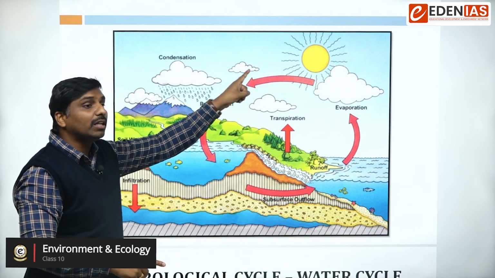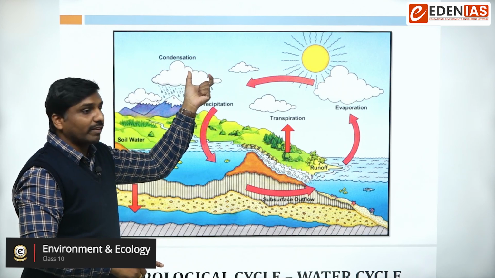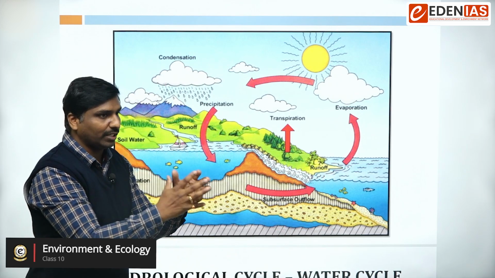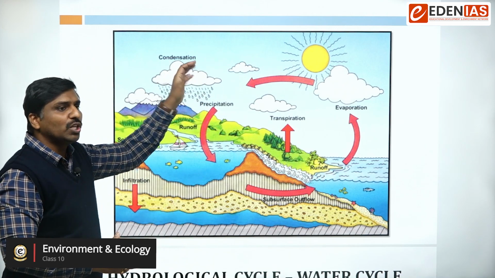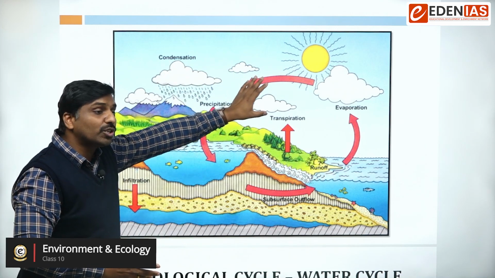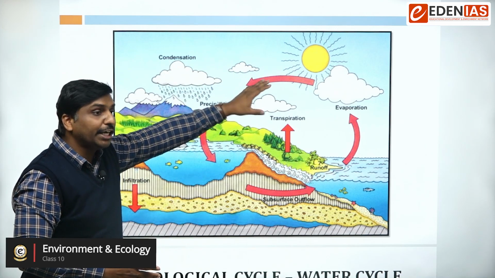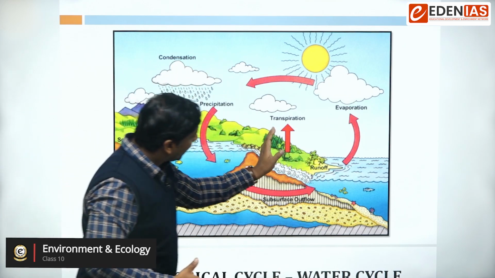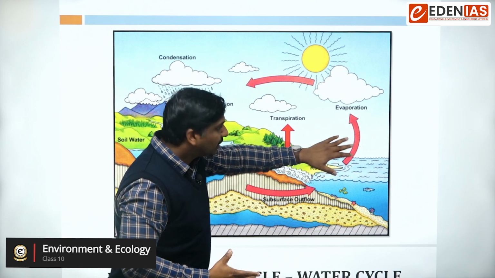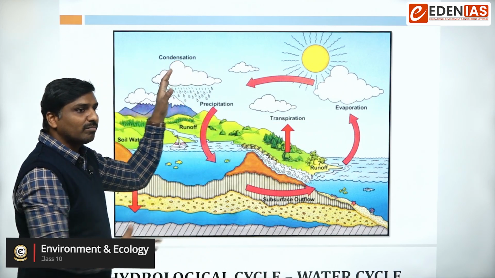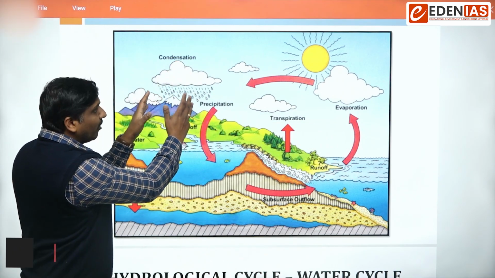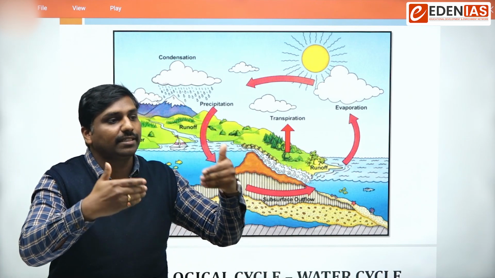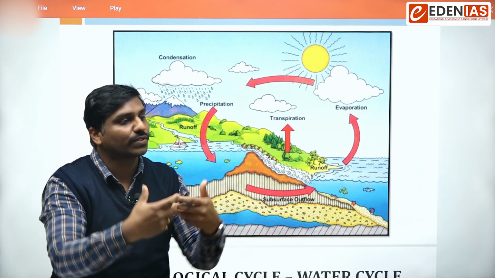So all the water droplets, under favorable conditions, will be grouped into one body. That body is known as a cloud. So condensation means conversion of these water vapors into a form of clouds. It is nothing but condensation. So evaporation, transpiration, then the next step is condensation, and after condensation, when favorable conditions prevail, these condensed things called clouds